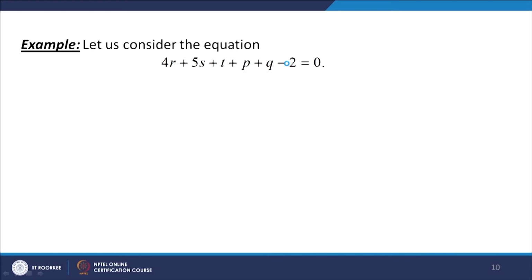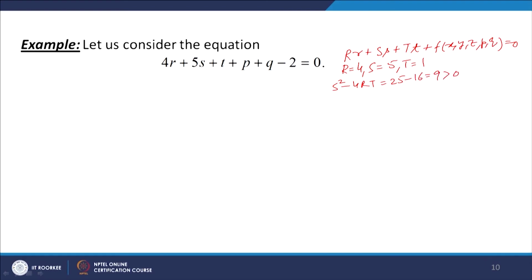Now, let us consider the other equation, 4r plus 5s plus t plus p plus q minus 2 equal to 0. So again let us compare. Then what we have, r is equal to 4, s is equal to 5, t is equal to 1. So s square minus 4 r t here will be 25 minus 16, that is 9, which is strictly positive. So the given equation, the given PDE is hyperbolic for all x y